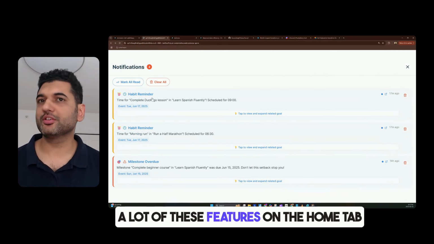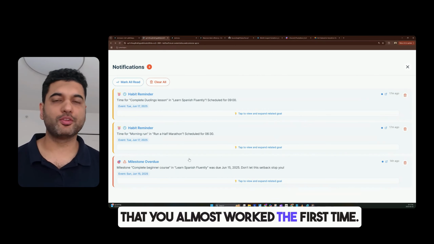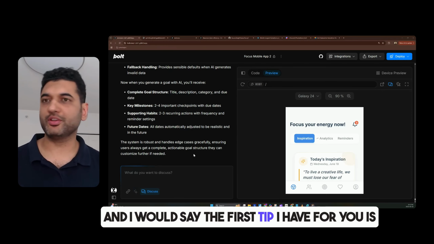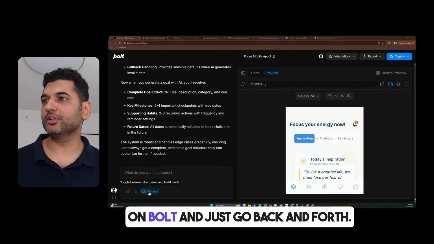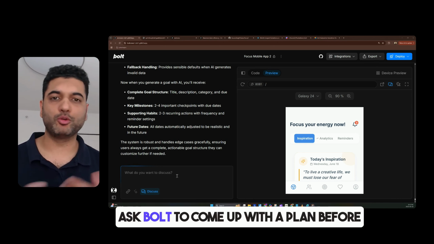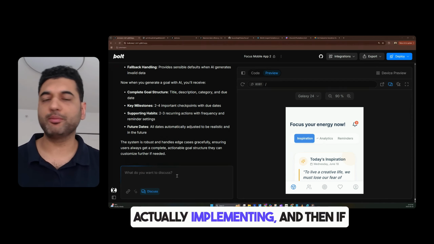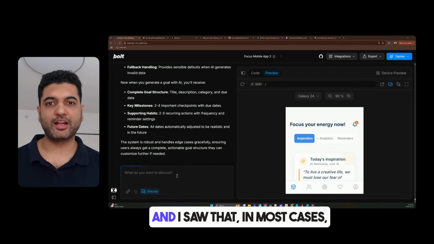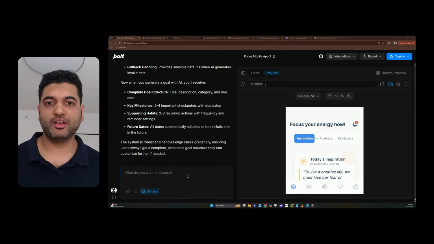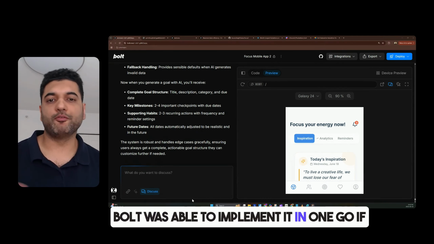A lot of these features on the home tab almost worked the first time. And I would say the first tip I have for you is to always enable this discussion mode on Bolt and just go back and forth, asking Bolt to come up with a plan before actually implementing. And then if you're happy with the plan, it gives you an option to just implement that. And I saw that in most cases, Bolt was able to implement it in one go